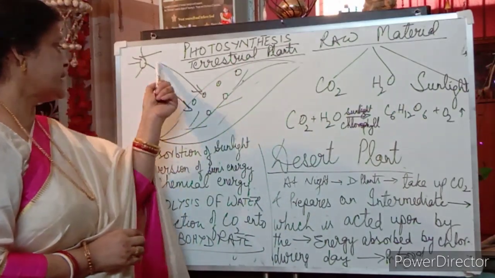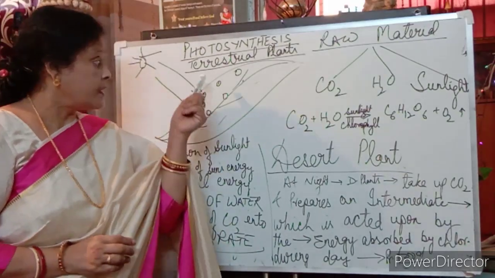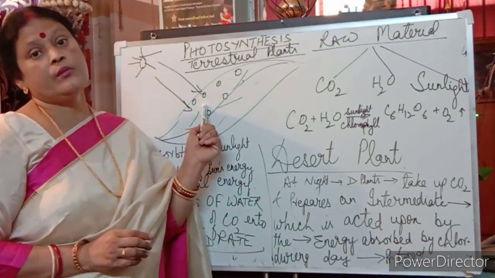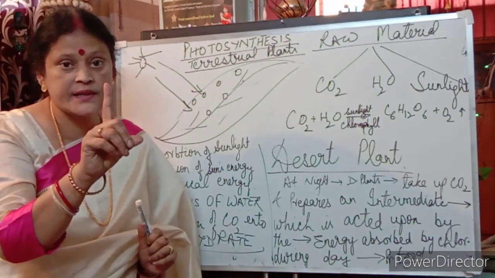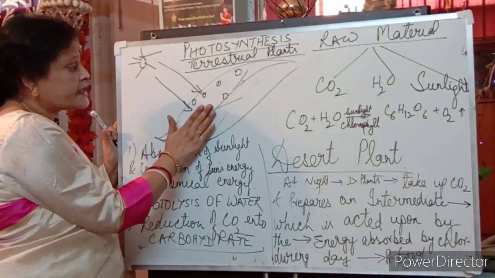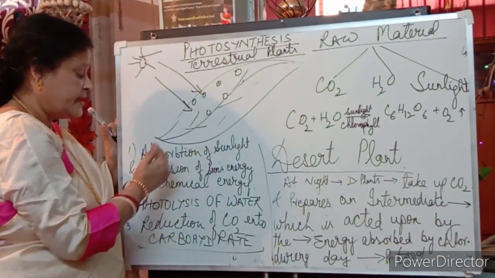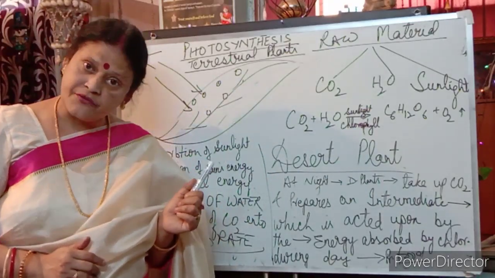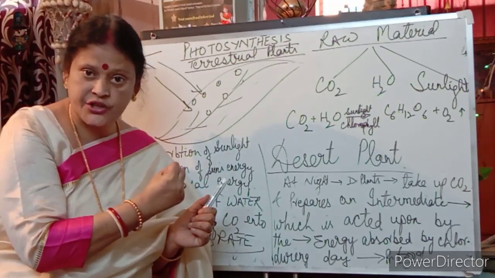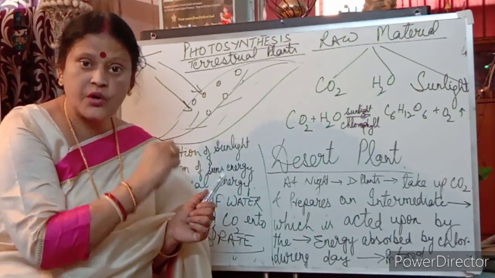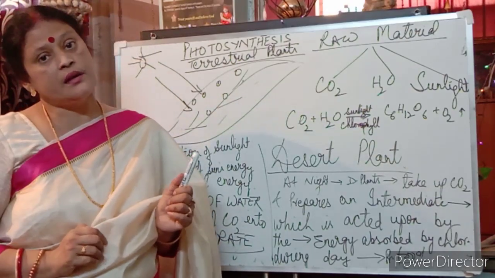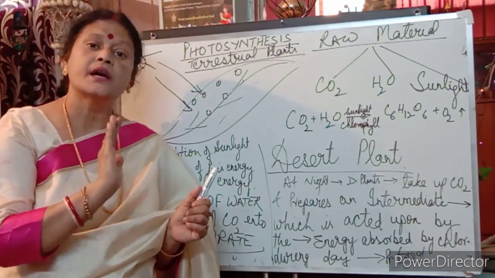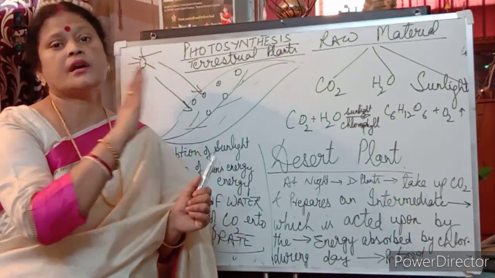Right? Now I'm starting with this diagram of a leaf in which the chlorophyll molecules are present. This is the sunlight energy. During the day, the leaves absorb the sunlight energy by the chlorophyll molecule. So the first step of photosynthesis is absorption of the sunlight by the chlorophyll molecule and converting the sun's energy into chemical energy. What the chemicals are is not in your syllabus. In higher studies you will study about it, but this is the conversion of sunlight energy into chemical energy.